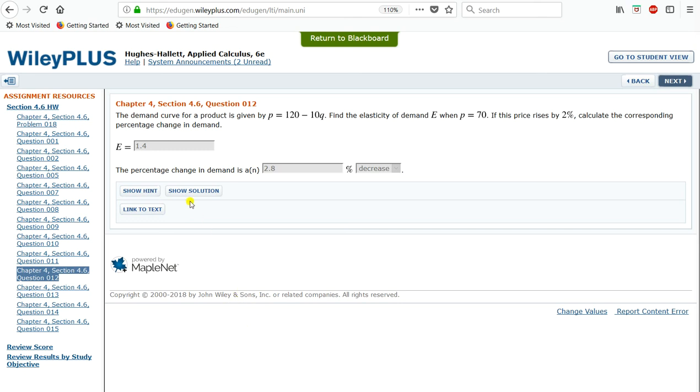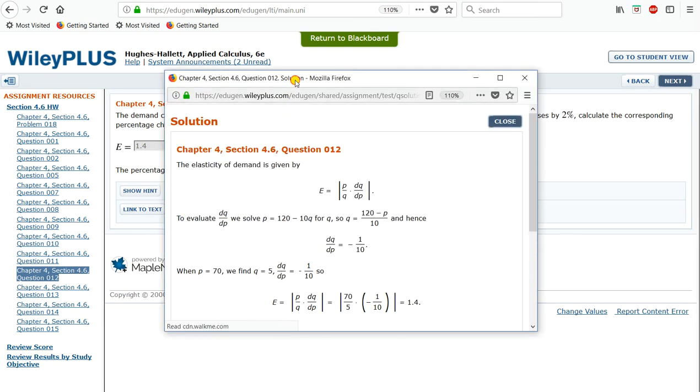Okay, in this question we are given the demand curve of a product, given by P equals 100 minus 10Q. P is the price, Q is the quantity. Find the elasticity of demand E when the price is 70, and if this price rises by 2%, find the corresponding percentage change in the demand. Okay, let's quickly